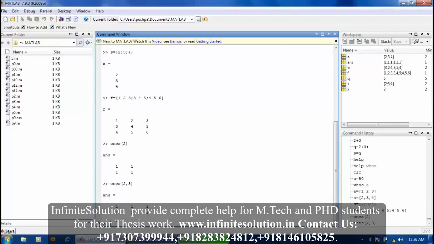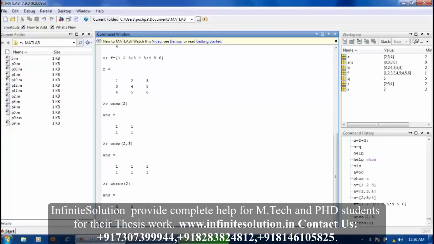Now if you write zeros in parentheses 2, it will give you a 2 by 2 matrix having all elements 0. Now if you write zeros in parentheses 2 comma 3, it will show you a 2 by 3 matrix, having 2 rows and 3 columns,